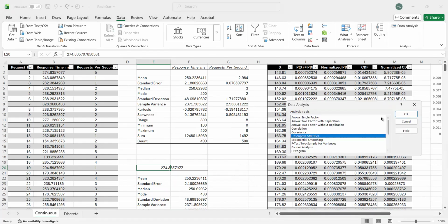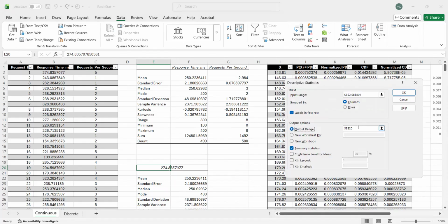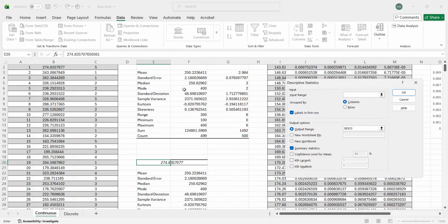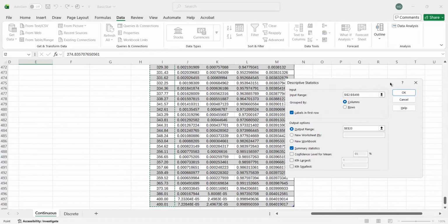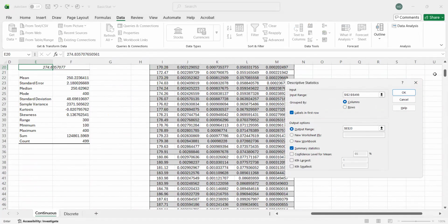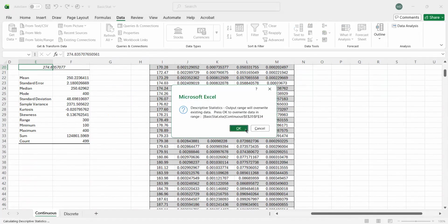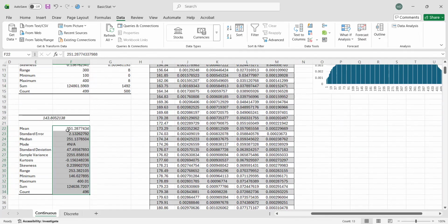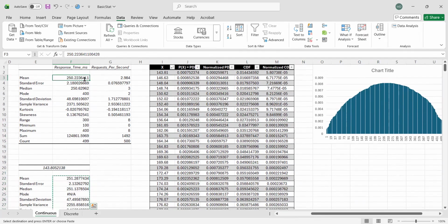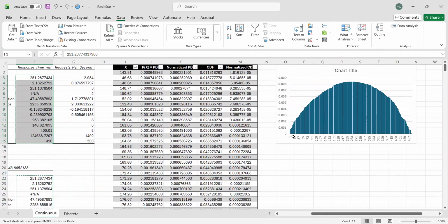Data analysis. Instead, we should use this new data set, and then the same. It will overwrite this one. Now we don't have a mode. All right, so that is better compared to the previous one.